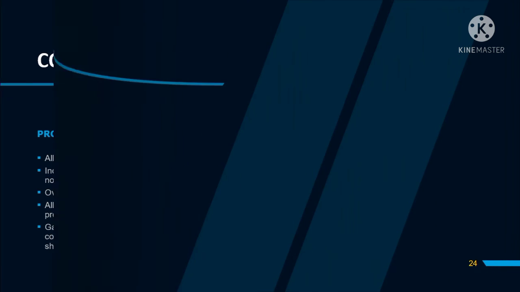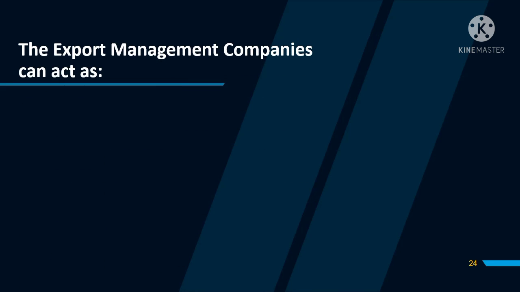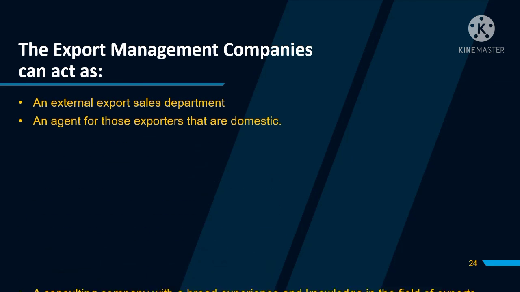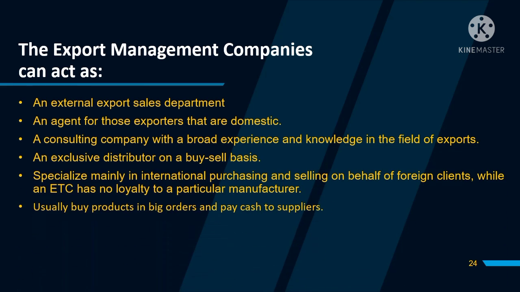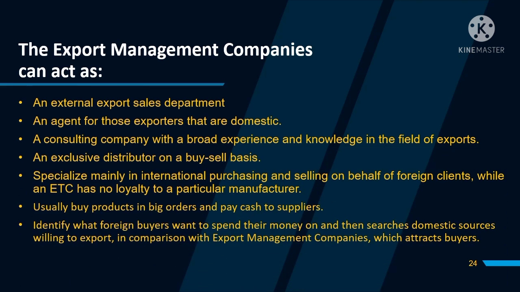The export management companies can act as an external export sales department which represents the product of its clients along with various other non-competitive manufacturers. The relationship with its client is established through an international sales representative contract, an agent for those exporters that are domestic. The EMC establishes the marketing presence in foreign markets, soliciting orders from foreign customers in the name of the manufacturer. Invoicing is done in the name of the manufacturer, and the EMC helps the manufacturer with all the details